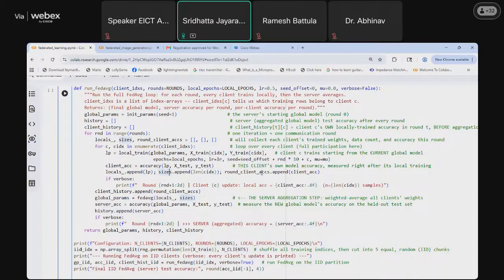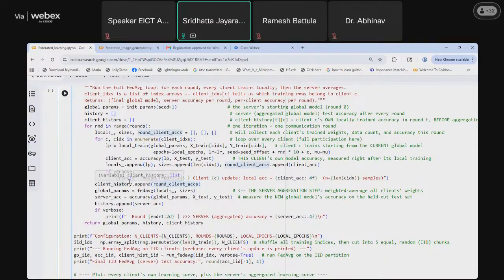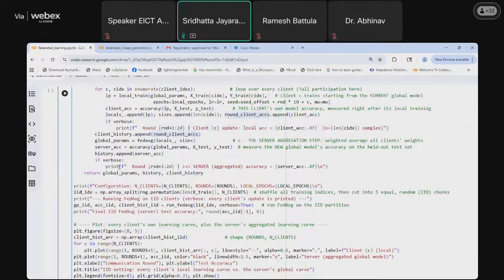And the round client accuracy will store the average client accuracy of the particular round. And after that, we will print the verbose of what was the round, what was the client, what was their local accuracy, and what was the number of samples.